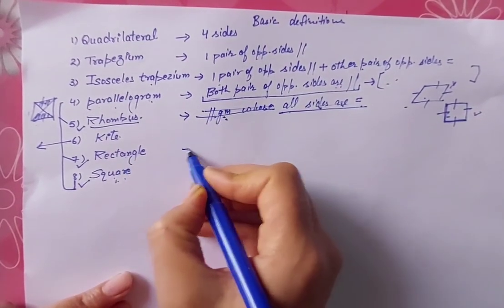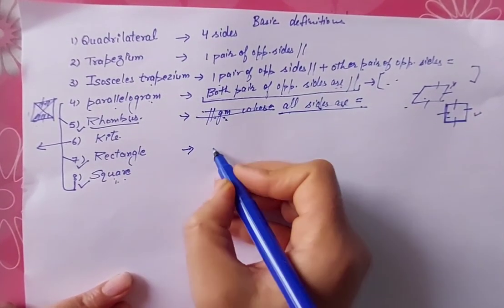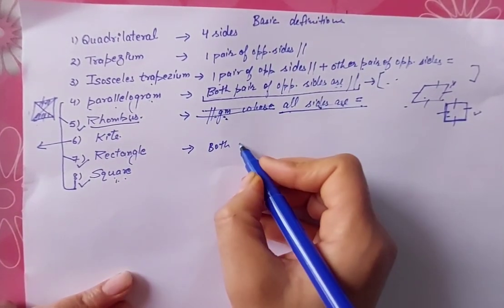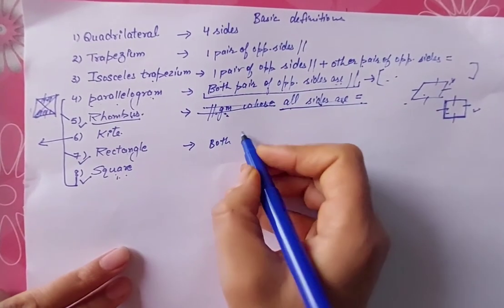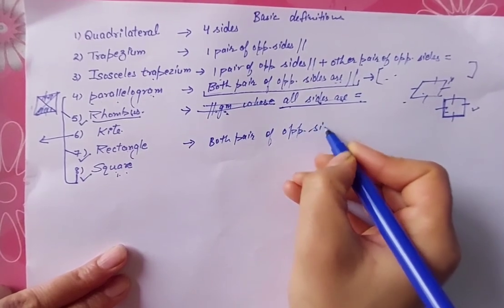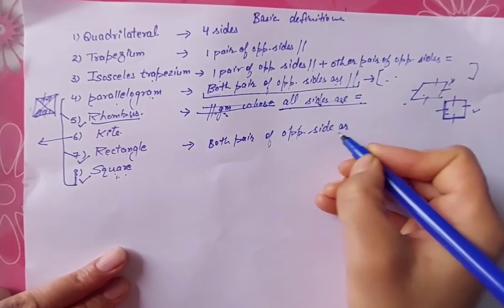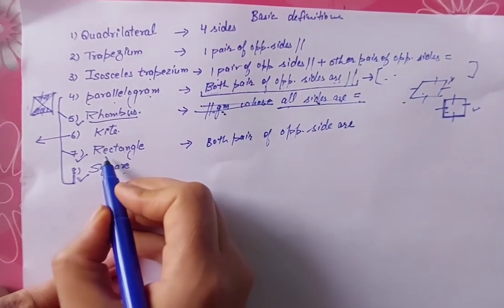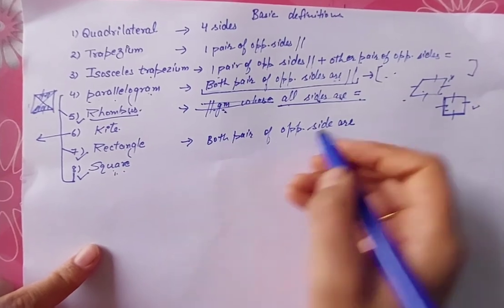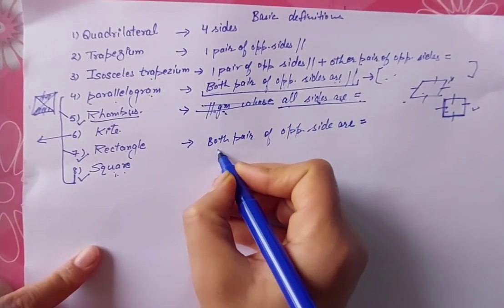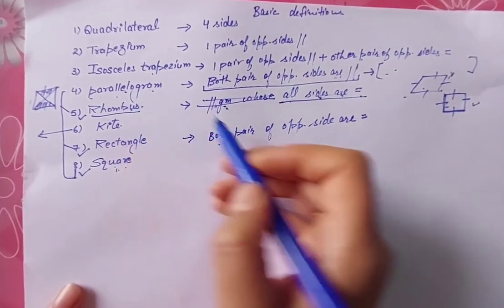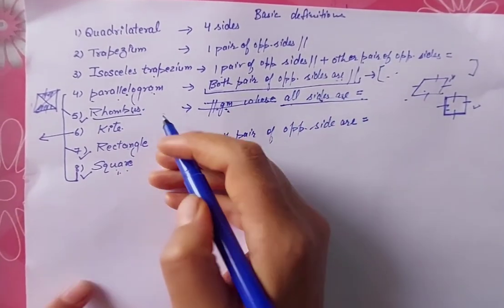Okay, now let's talk about rectangle. What do we know about rectangle? So these are the two figures which you have been studying since you were very small. Both pairs of opposite sides equal. No need to say even parallel. They are parallel. But to prove any figure to be a rectangle, you need to prove both pairs of opposite sides equal. बट वो तो पैरेललोग्राम में भी होते हैं. दिस इज ऑल्सो द प्रॉपर्टी ऑफ पैरेललोग्राम. अगर आप सिर्फ ऑपोजिट साइड्स आर इक्वल प्रूव करेंगे तो वो पैरेललोग्राम प्रूव होती है.